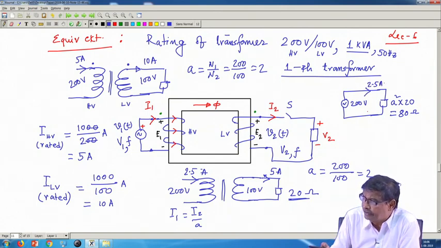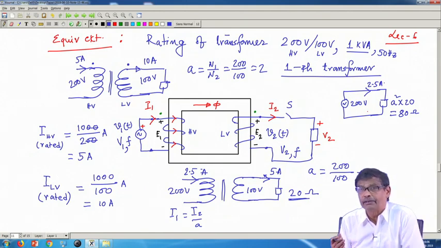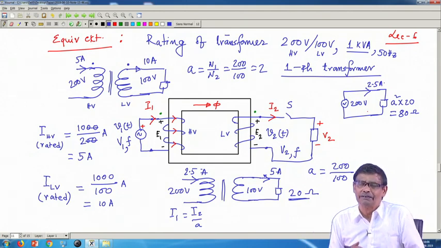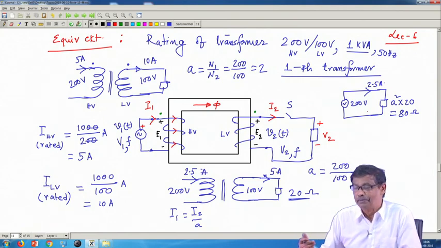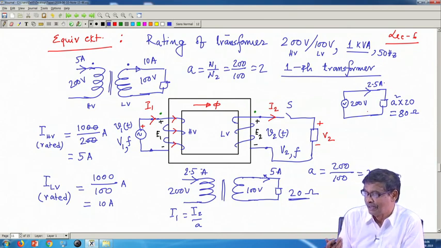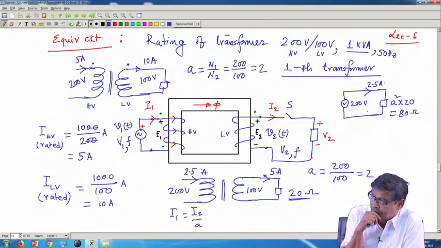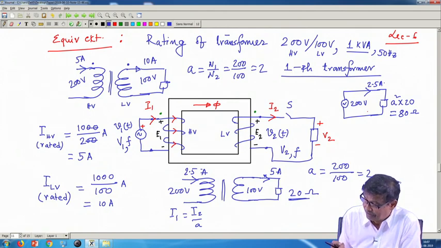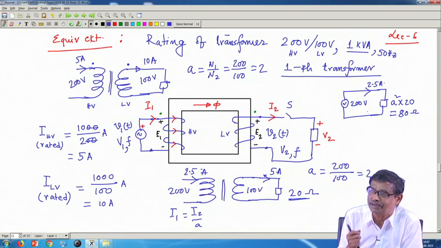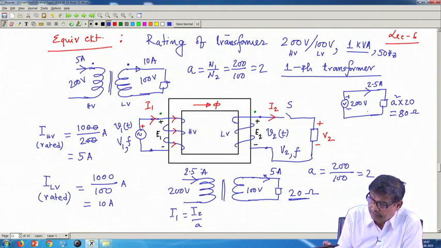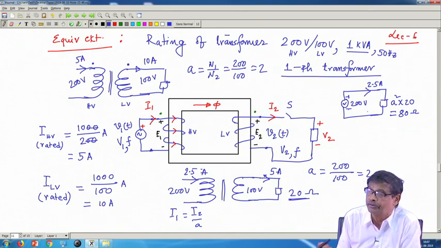So, I will draw the equivalent circuit. Sometimes people say transformer means it transfers impedance, it changes the value of the impedance. Source, you are physically connecting an impedance of 20 ohm, but to the source it appears to be 80 ohm. You can manipulate the impedance. Okay. So, this is the thing. Then after calculating this, I will come back here and say, okay, this current will be then 2.5 into 2 is equal to 5 ampere.